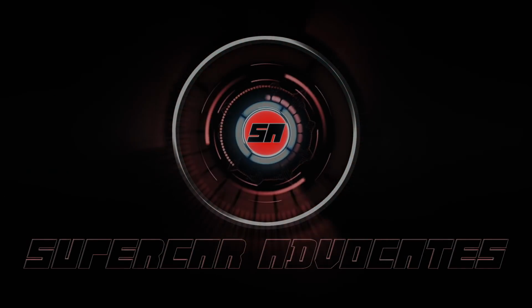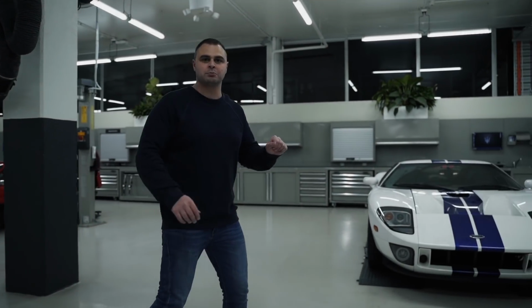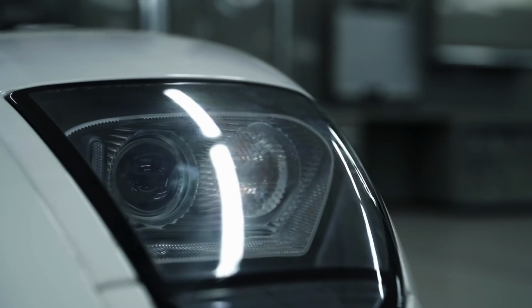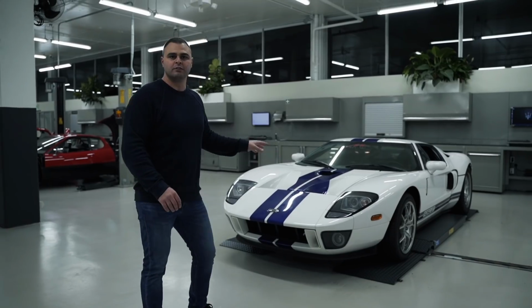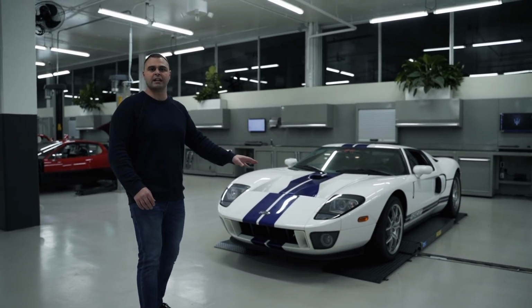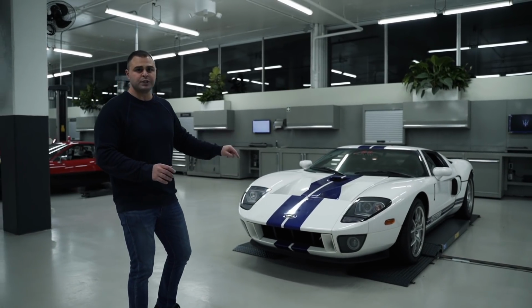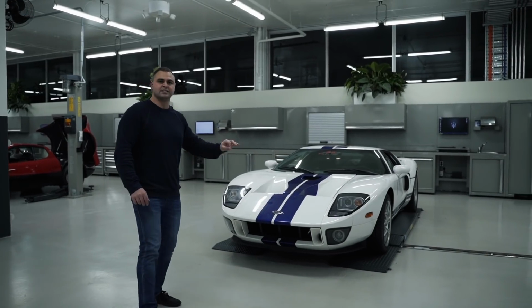And finally, here it is, the Ford GT. This is a 2006 model. One aspect: the headlights resemble 100. It's the 100th anniversary year of Ford in 2005, hence why they built it in 2005 to 2006. They're a limited production car, and this car here is still original in left-hand drive, and it's white, Centennial white